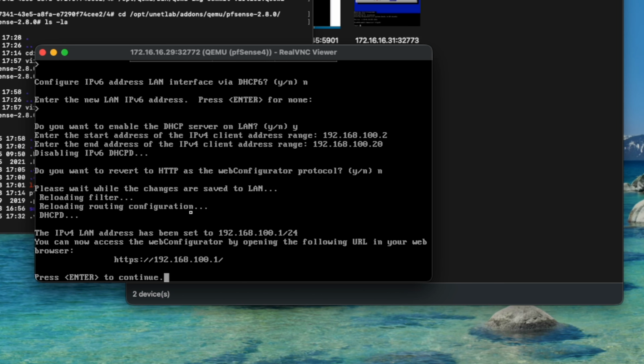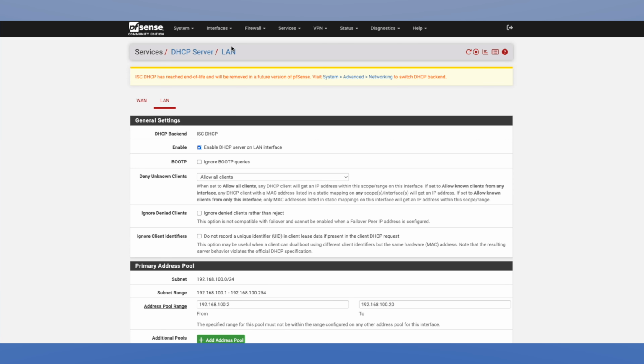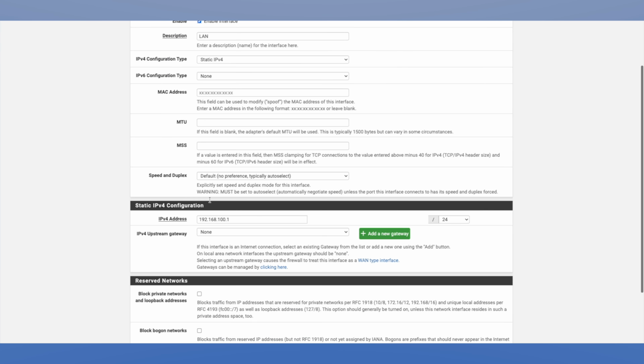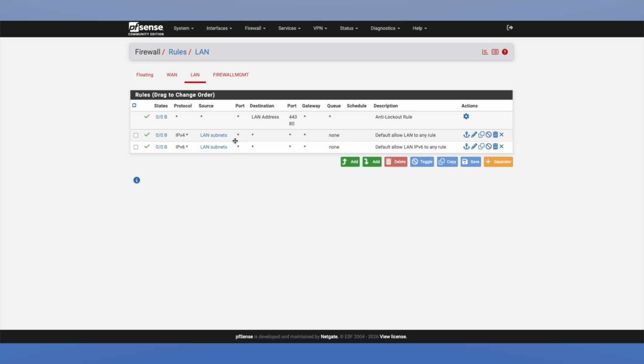No, and this should reload. Press enter to continue, and now we see all three listed here. We can come back into the management UI. We see that this is now enabled, has the correct IP address. We will also check the rules. We have the default allow LAN to any rule has been created, so this will allow outbound traffic for our